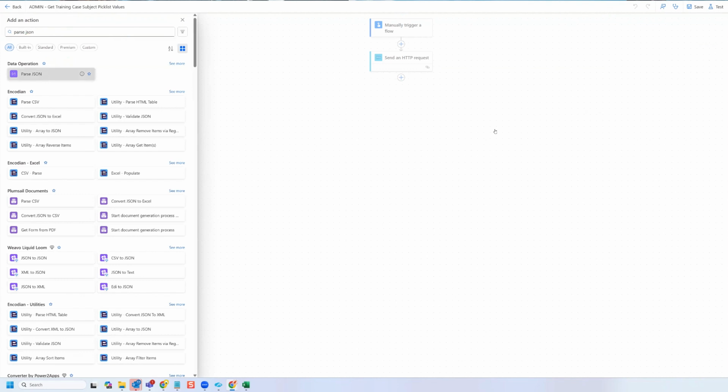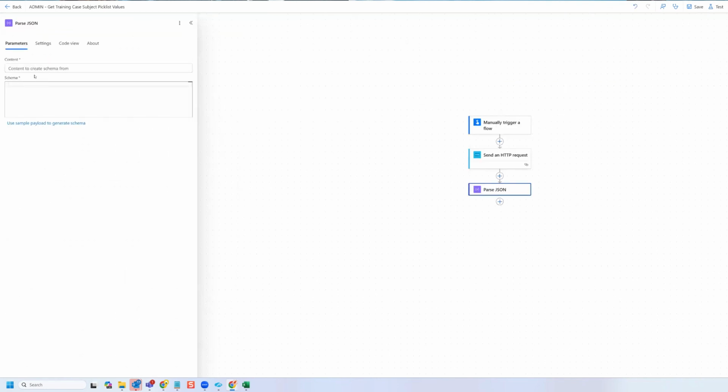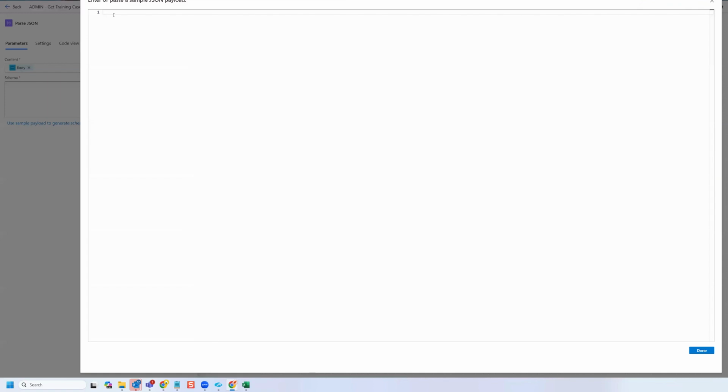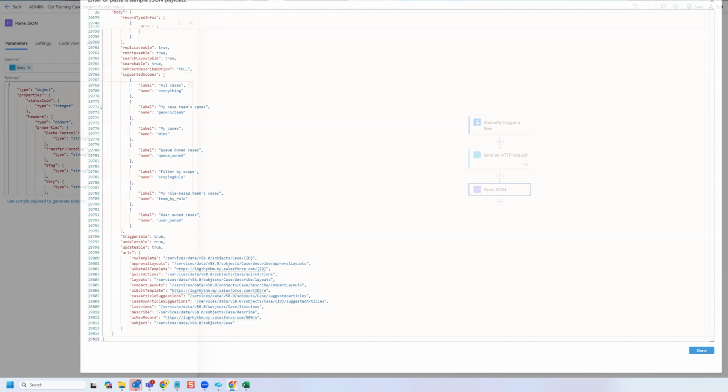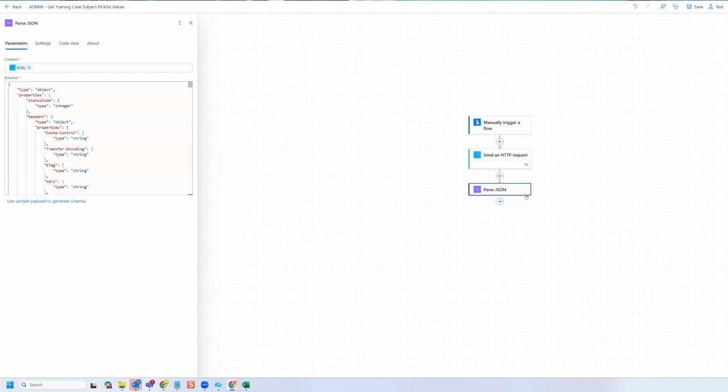So we're going to parse this output here, which is in JSON format. The content is going to be the body of the dynamic content called Body of our Send an HTTP request. And then we'll click here where it says Use sample payload to generate schema, paste in the JSON and click Done. That's going to generate the schema that you see right now. And then